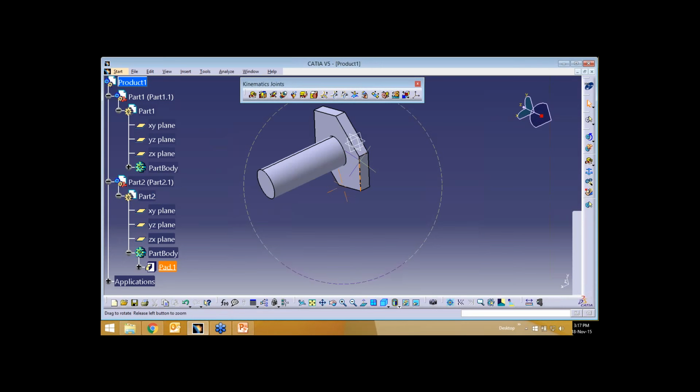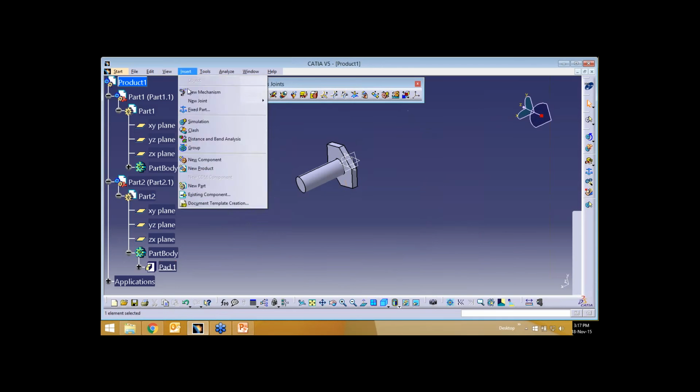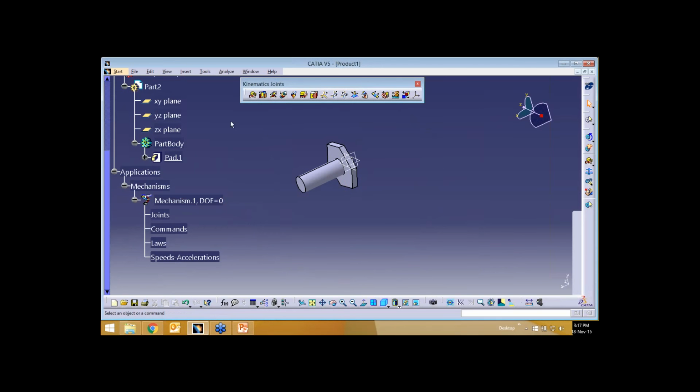If you say the joints, there is nothing which has been given for these two different parts. So for creating this, I'll click on this joint. When I click on this joint, existing mechanism one has been selected. If you have two different mechanisms or many different mechanisms, you will have an option for selecting that mechanism. So now I'm going to create a revolute joint between the shaft and gear.